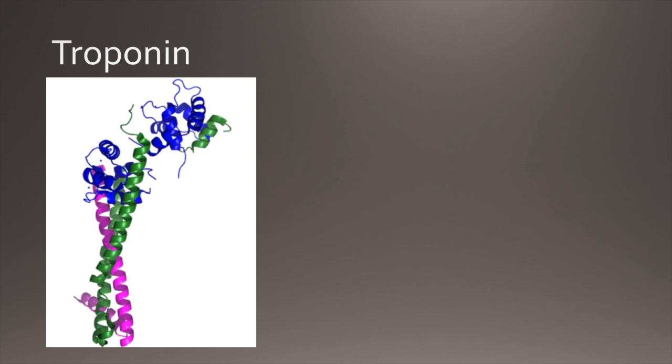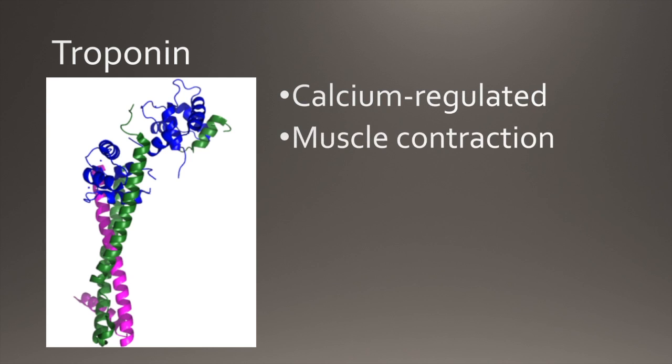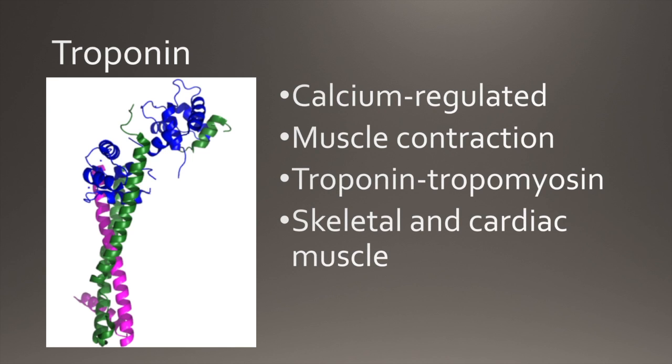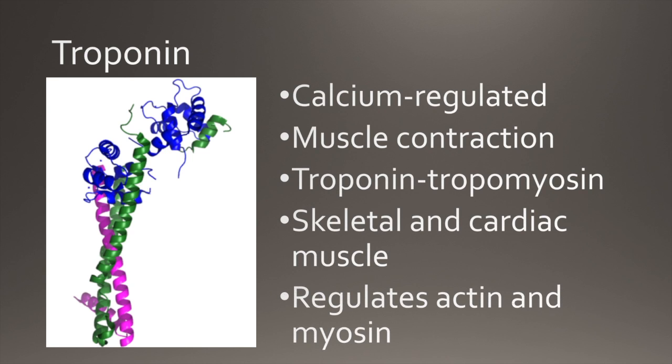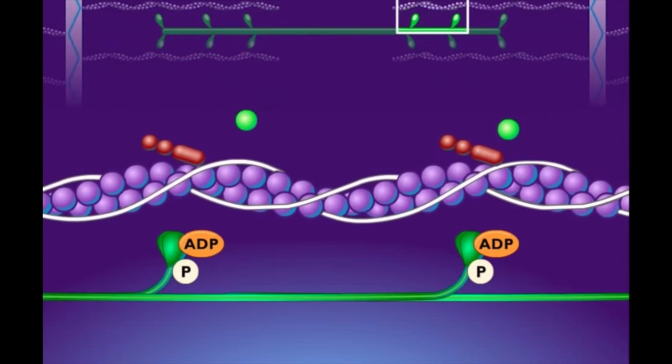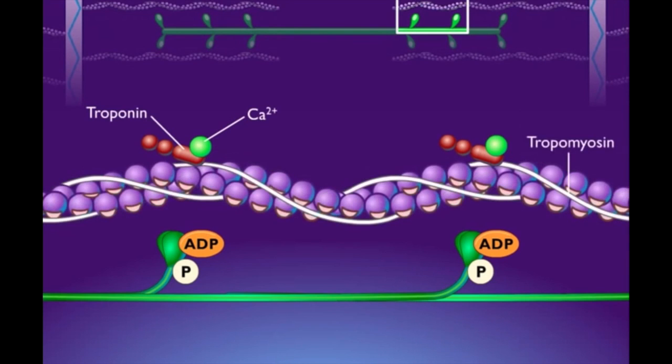Troponin is a calcium-regulated protein complex involved in muscle contraction. It is part of the troponin-tropomyosin complex seen in skeletal and cardiac muscle that regulates actin and myosin in muscle contraction. When calcium binds to troponin, it undergoes a conformational change, causing the troponin-tropomyosin complex to reveal binding sites on the